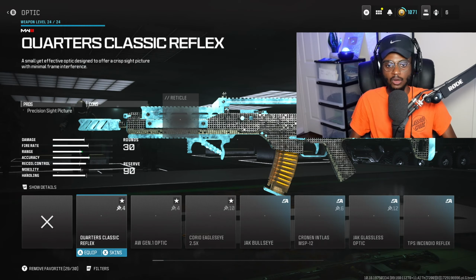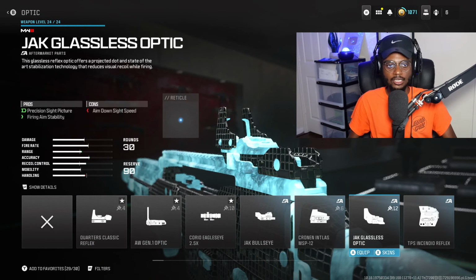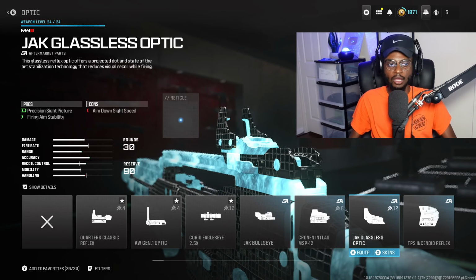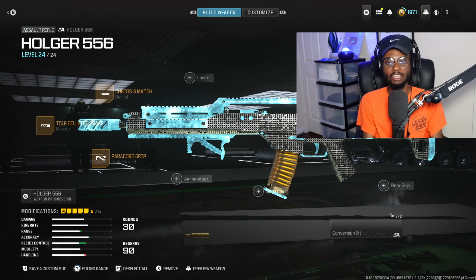And finally, we are going to run an optic here. You guys guessed it, the Jack Glassless is going to be a good choice here, bumping up firing aiming stability as well as less visual recoil with that clean optic picture. Once you build this class setup, you're going to be absolutely laughing because we have a HOLGER